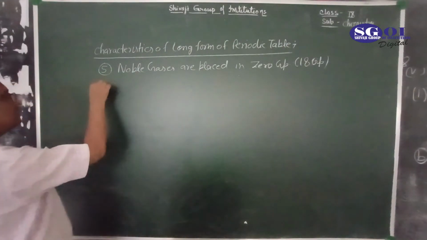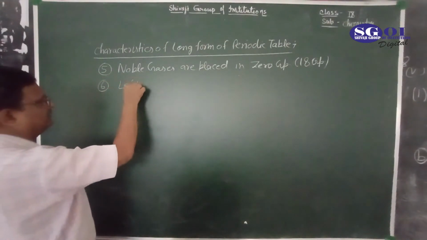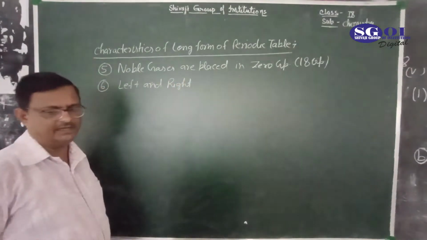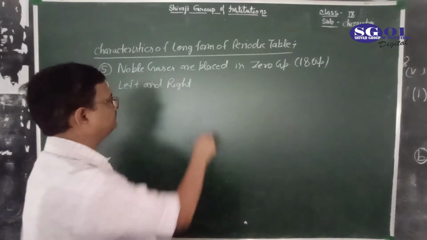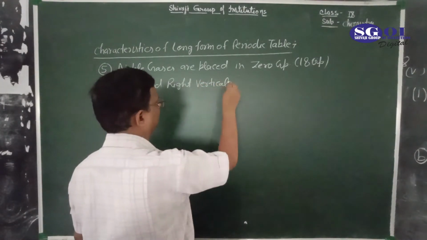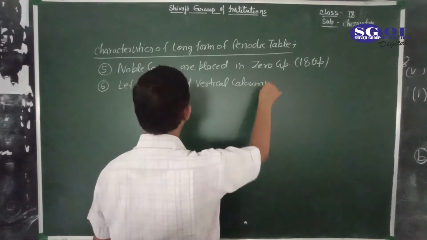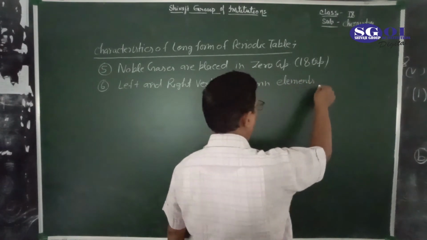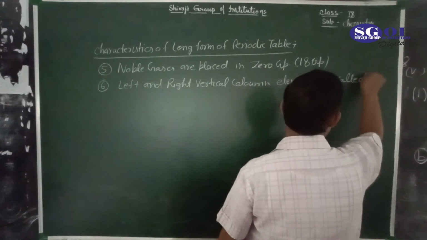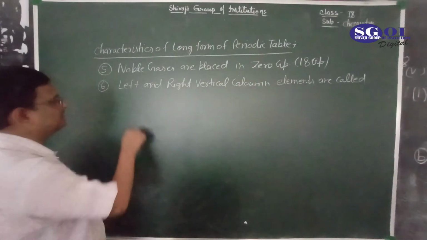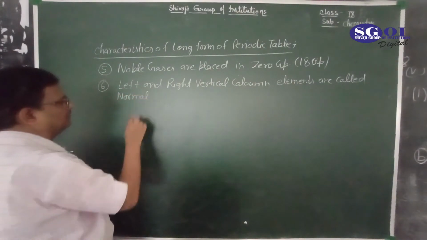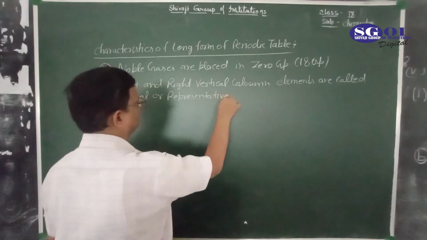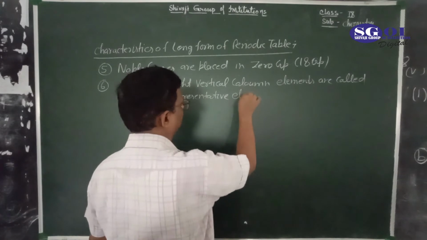Means left and right vertical column groups. These vertical column elements are called normal or representative elements. Okay,